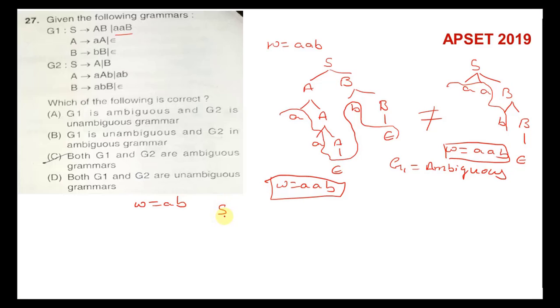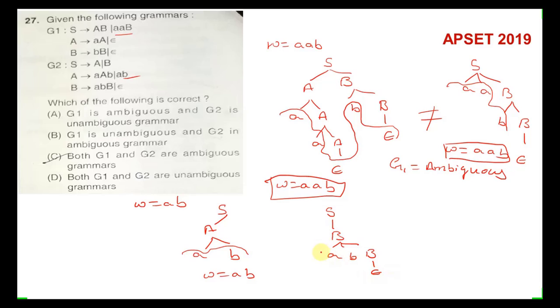That is, first I take S tends A, and then this A is to be expanded by using the third production rule, that is A tends AB, so I got the string W equal to AB. Okay, now I am drawing one more parse tree by using the same grammar G2, by taking different production rules. That is, I am taking here S tends B, and then B tends AB according to the fifth production, and finally this B is to be expanded with